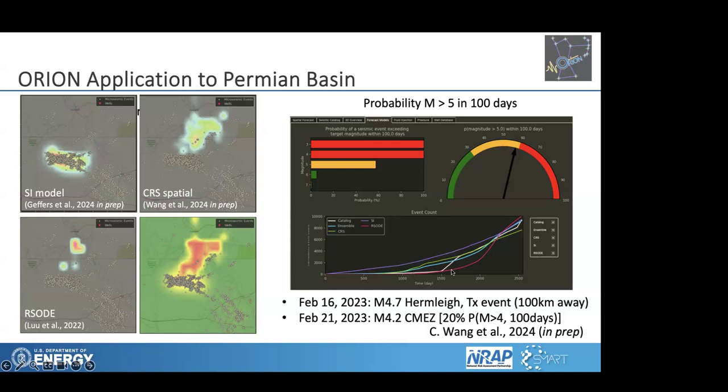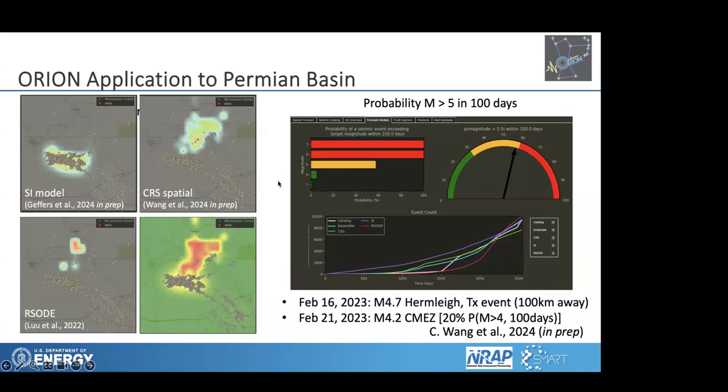And then if we were to look at the cumulative number of events with time, we see that there's a decent fit. In this case, the catalog data is in white, and then all of the colors are the various component forecasts, and they do a reasonably decent job at fitting the data. And for this case,